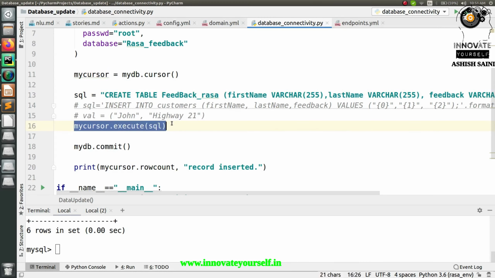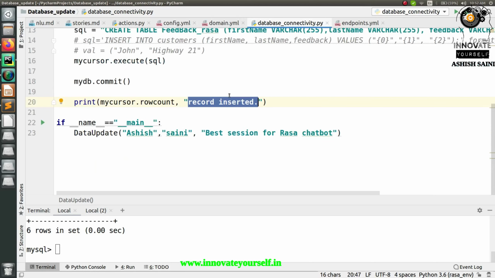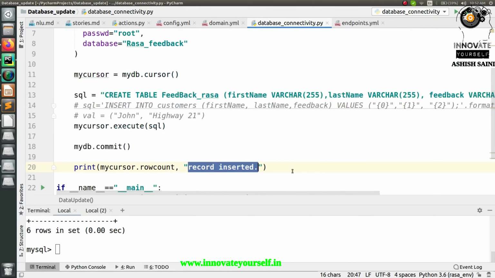And when this command will be executed, it will go to this mydb.commit, so that it can commit the changes, it can store that changes permanently, right? So this is how we can do it. And the last one is just to display that you have done this task and everything was successful, right? So this is how we can do it, right? And after that, just to show you now, what I'm going to do is I'm going to just execute this right here only. Instead of calling this into the action, I'm just going to call it here, so that I can show you that it is actually working, right?